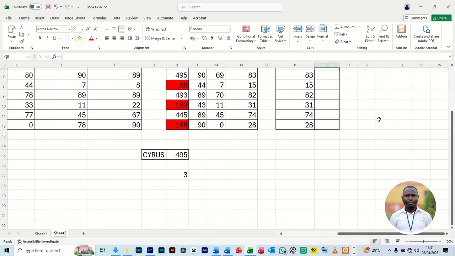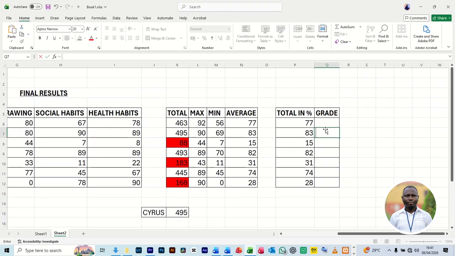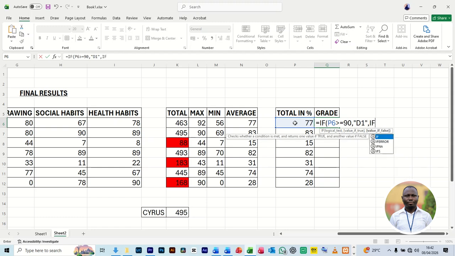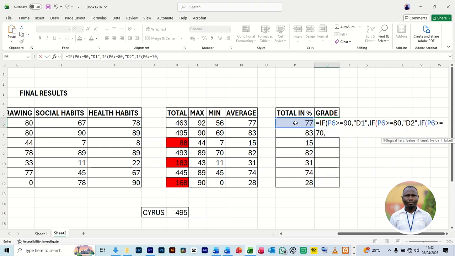I also have it in the Word, whereby they said the formula is equal sign IF open bracket, this cell here is greater or equal to 90, comma, open quotation, D1, close quotation, comma, IF open bracket, this cell here is greater or equal to 80, comma, open quotation, D2, close quotation, comma, IF open bracket, this cell here is greater or equal to 70, comma, open quotation, C3, close quotation, comma, IF open bracket, this cell here is greater or equal to 60,